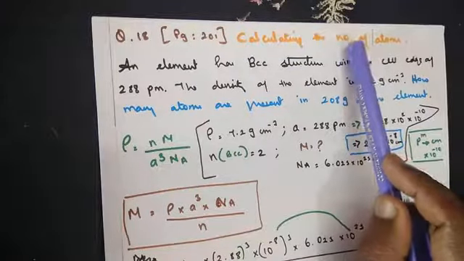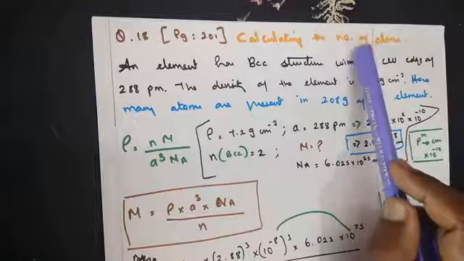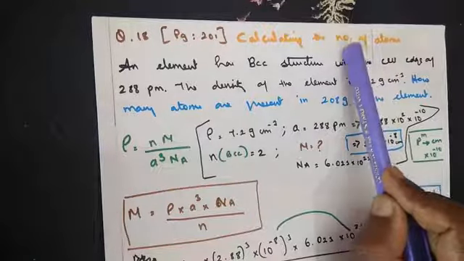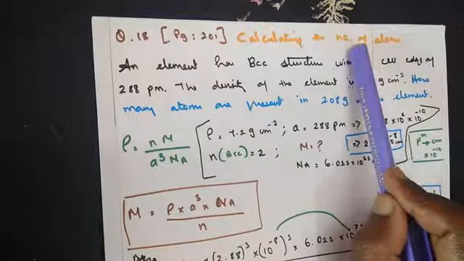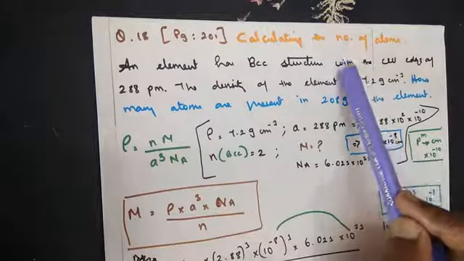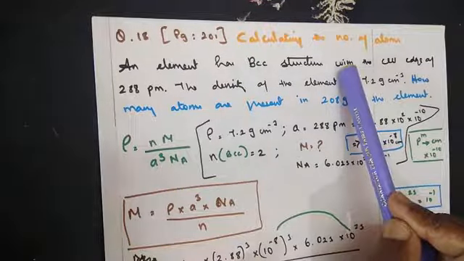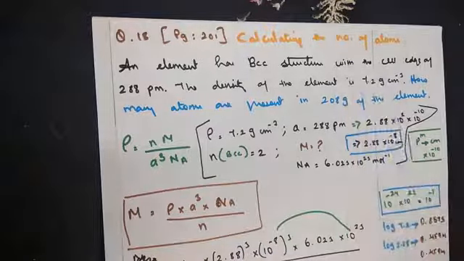In the previous two classes, we learned how to calculate the number of atoms by making use of one way of substituting the formula. Now in today's class also we are going to calculate the number of atoms, but I am going to show you a different method. Out of the two methods, whichever method you substitute, we will get the same answer. You see which one is easier for you.